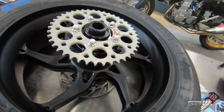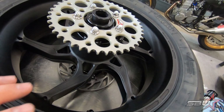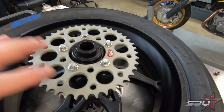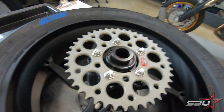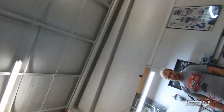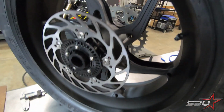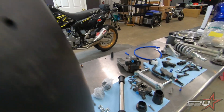For the time being, we're just going to run 1642 gearing. And again, this is our Cormoto Apex 6 wheel. Right now, we've just got an SC1 Superbike slick on here. This is just an extra 42 tooth sprocket we had around. And as always, we have an SBU rear rotor, with titanium hardware everywhere. For the time being, we're just using this for mock-up purposes,